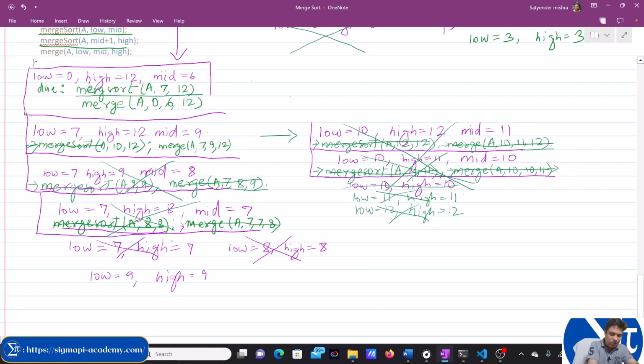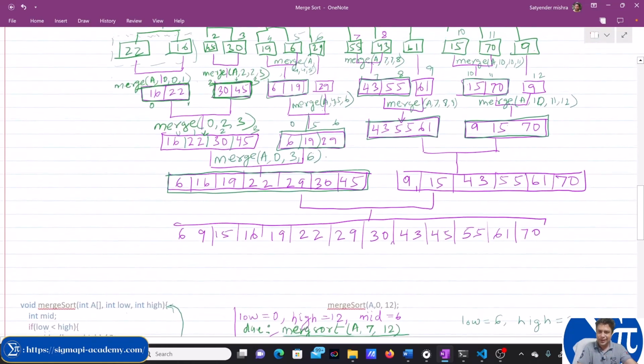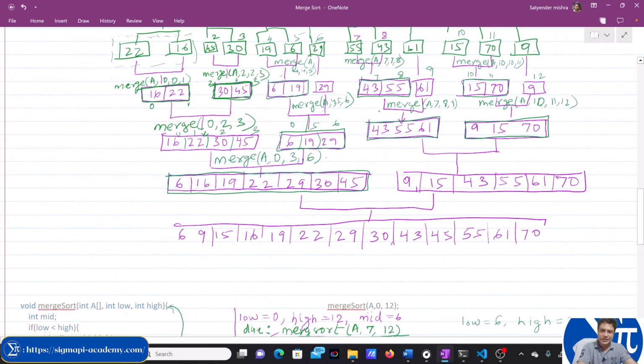Fine, so this call is over. Now it will call the merge A 7, 9, 12, right? So let's see 7, 9, 12. This is 7, this is 8, this is 9, this is 10, this is 11, and this is 12, right? So merge